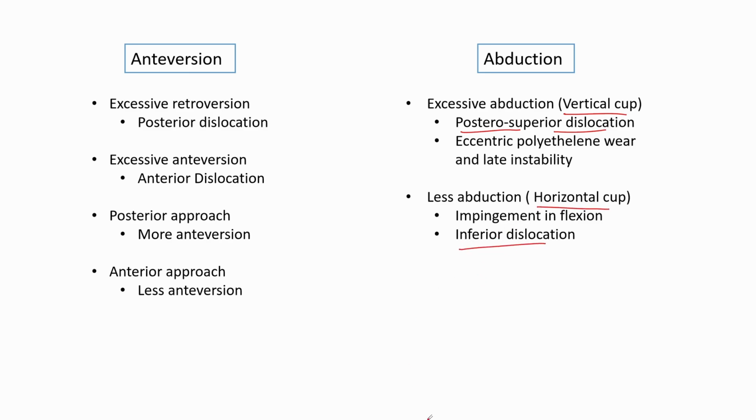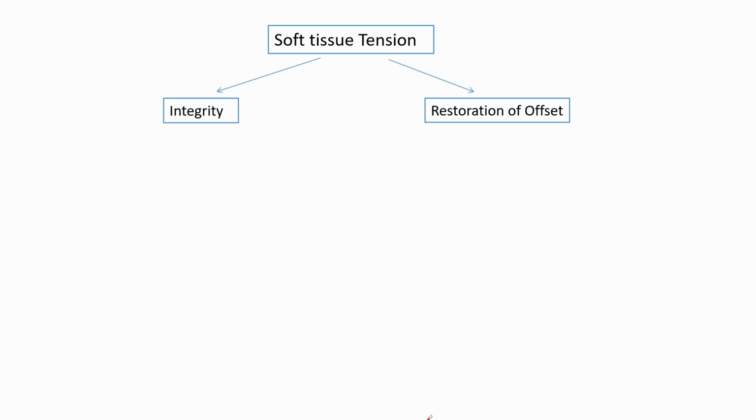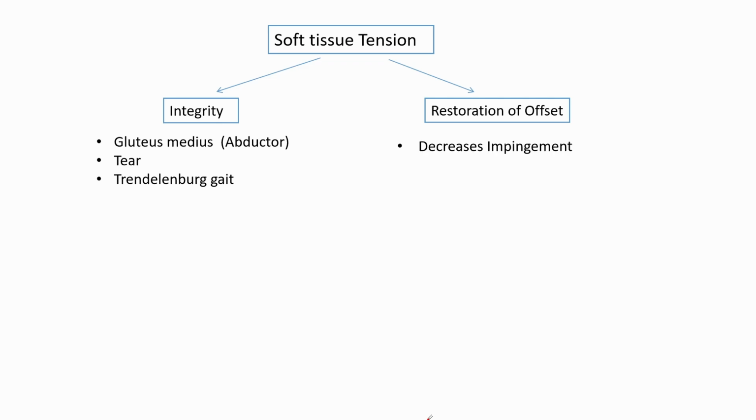Soft tissue tension. Soft tissue tension depends on integrity of the soft tissue and restoration of offset. The main muscle is the gluteus medius muscle, which is the main abductor of the hip. Any tear in this muscle leads to altered biomechanics and a Trendelenburg gait. A restoration of offset decreases impingement, decreases the joint reaction force, and increases soft tissue tension, improving the biomechanics of